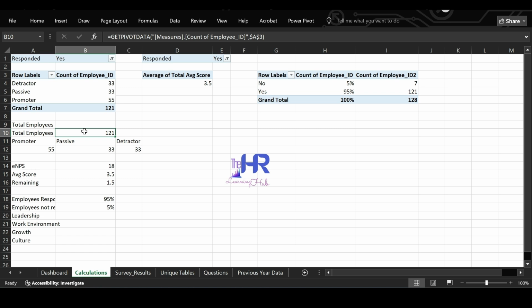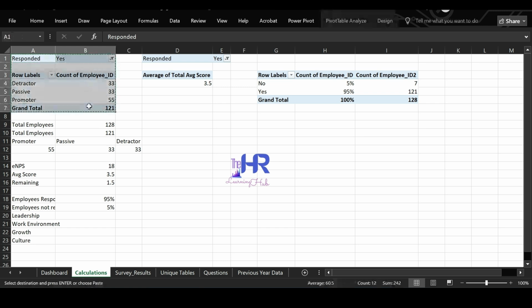Here we have total employees responded, and total employees including the ones who have not responded. Take the value from the pivot table over here. Remember to always use equal to and then select the data. See how this formula gets automatically generated. So in case there are any changes in the numbers in the table, the pivot table will reflect accordingly. So will these values that we have mentioned over here using equal to.